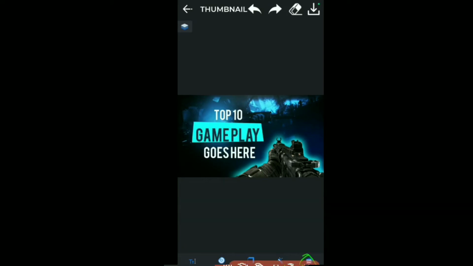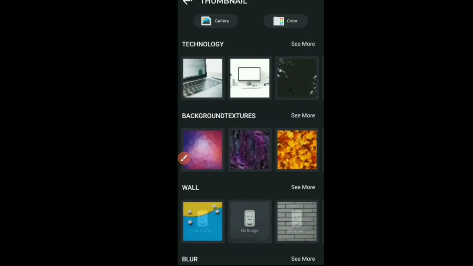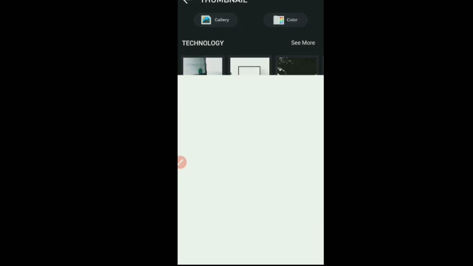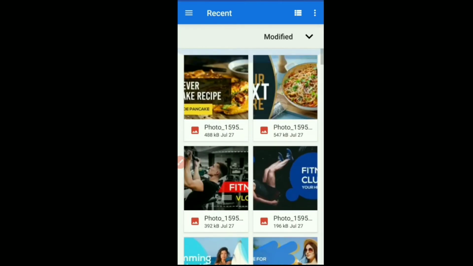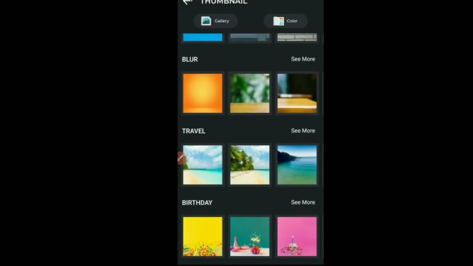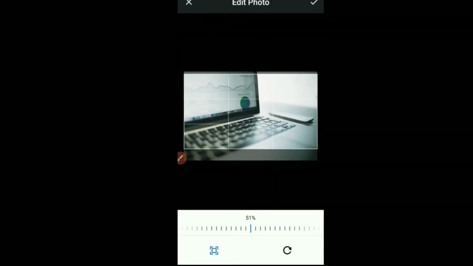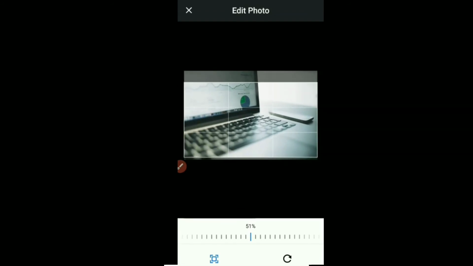If you want to change the background, there is a background option. Then you can add a sticker, and you can add any text. So let me click on the background option. After clicking on the background option, you can select any background. You can select it from your gallery also. You can select it according to you, but I will select the online background. So let me select a background. I'm selecting this one. After this, you can adjust the background, which part you want to add in your video. After selecting this one, you click on the right option.